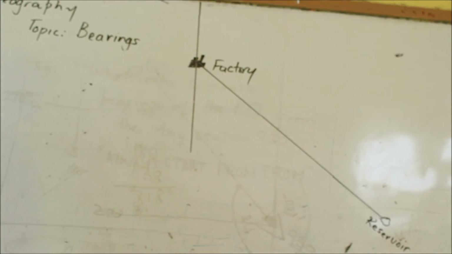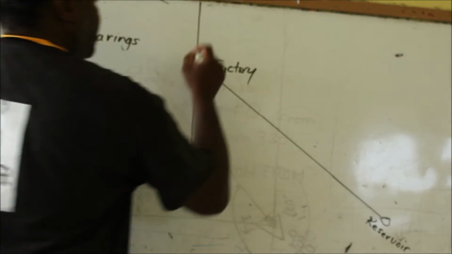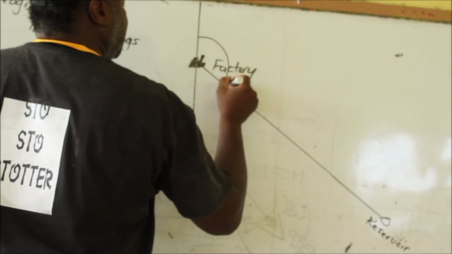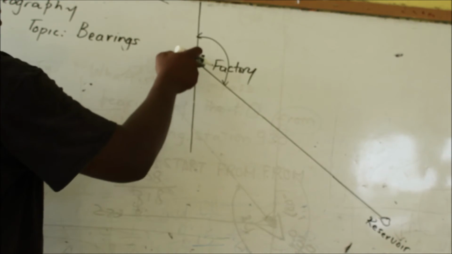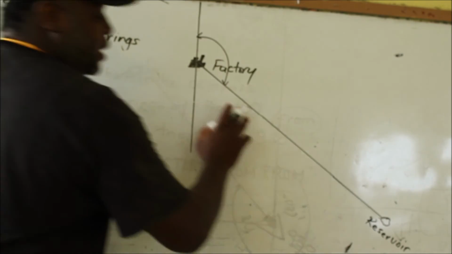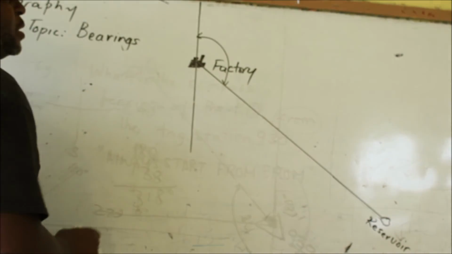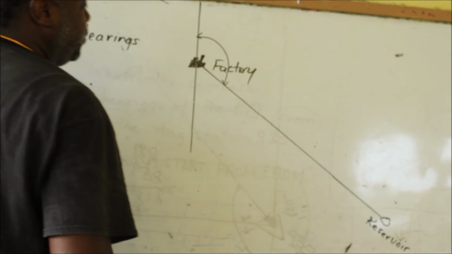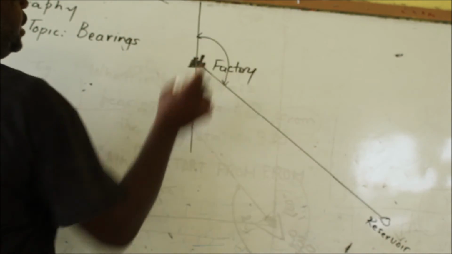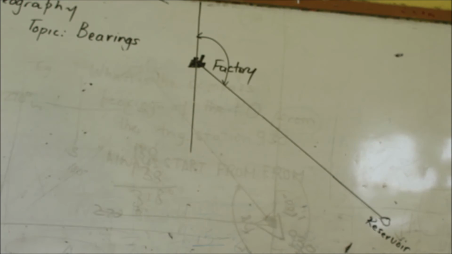So we draw a line connecting both points, and we want to measure the angle that is formed between the north-south line and the line connecting both points. And we want to measure all the time in a clockwise direction. So we want to measure this angle. So now that we have the angle there,